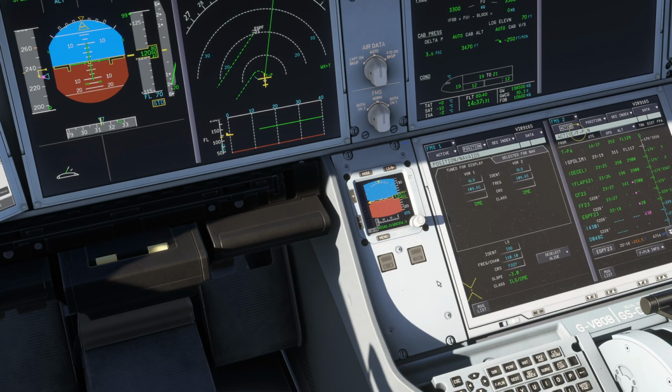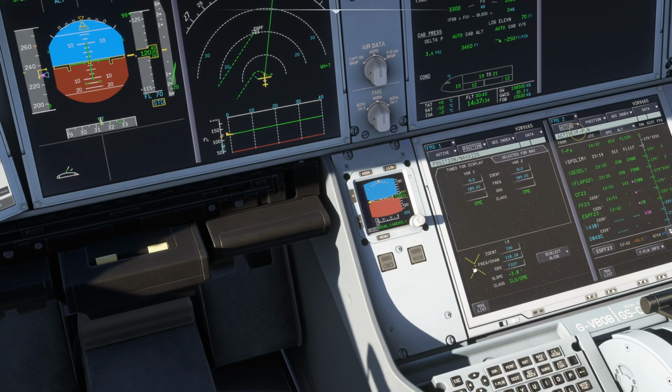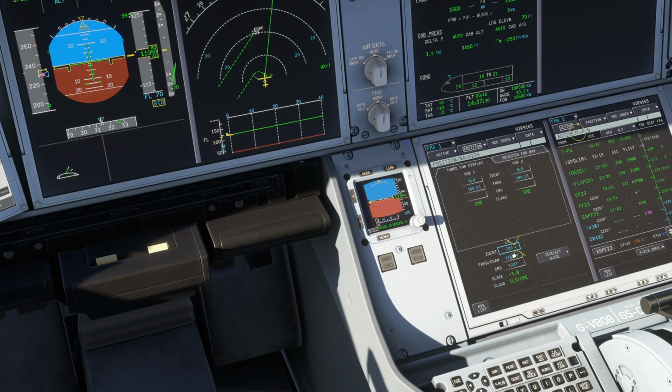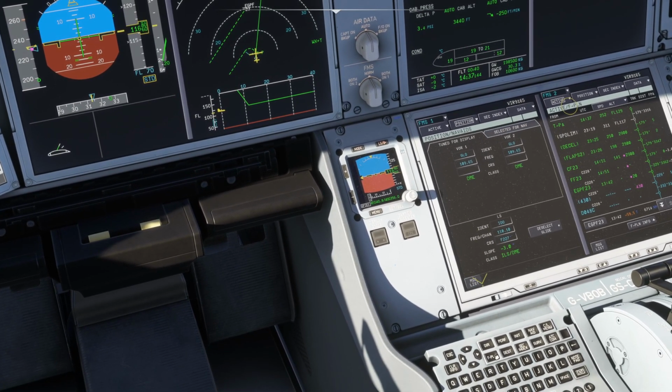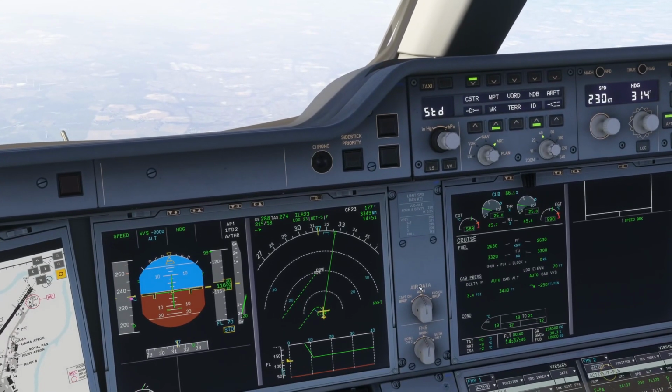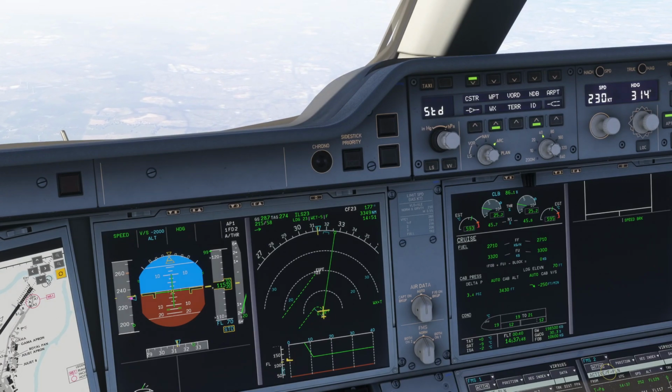So what we want to do is make sure that we've got all of our frequencies set correctly. We've got IOO 110.1, that matches the charts, and the inbound course of 227. So that looks pretty good. I have got a big issue with nav data, so we're basically now flying a bit blind. But I know I'm at Lanark,